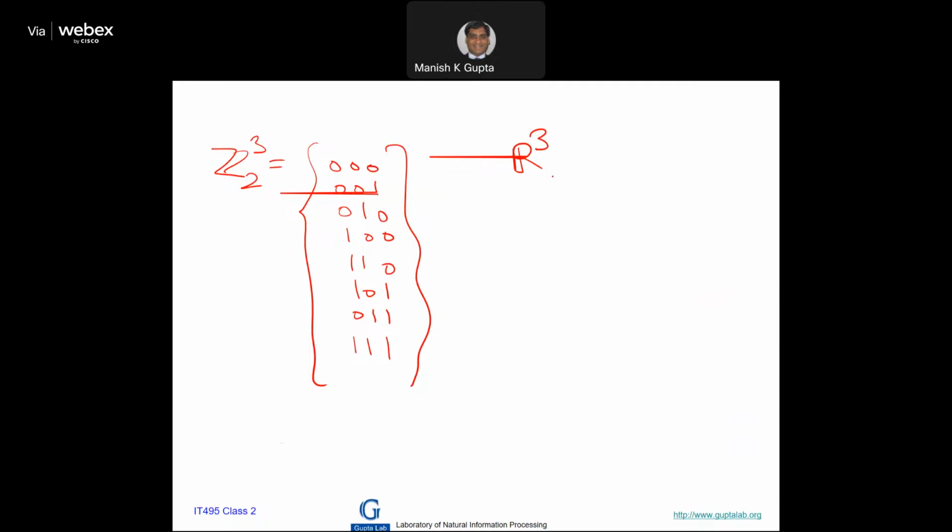So R cube is a 3-dimensional space, I am just comparing here. R cube is our 3-dimensional space of X, Y, Z such that X, Y, Z belongs to R. That's a 3-dimensional space, infinite space. This is finite space. Now, if I ask how many one-dimensional subspaces are there,